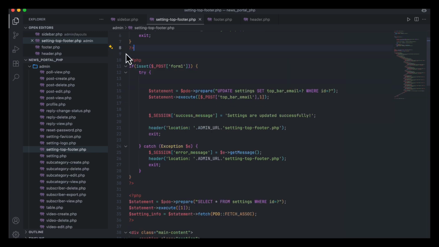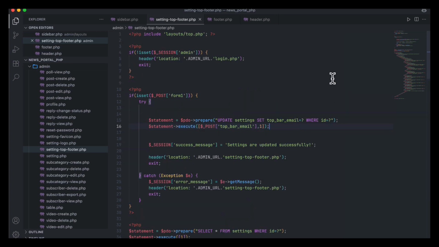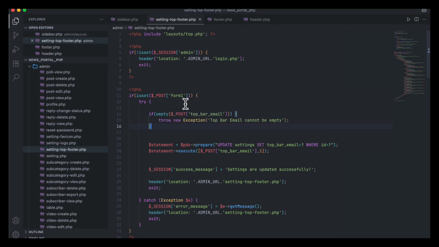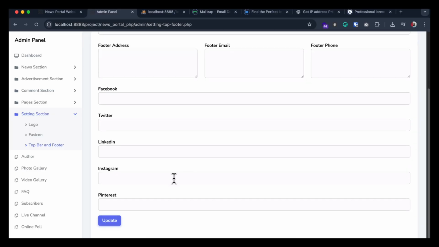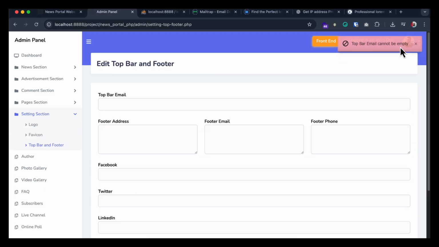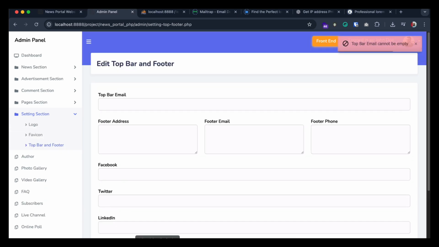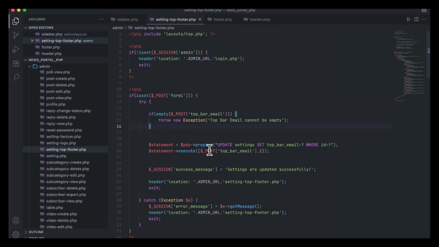This one I am going to remove. So update settings, set top bar email. I check if there is any error message, if empty, top bar email cannot be empty. Let's check if the error message is coming, but the success message is not coming. And if I now give the prepared set statement,